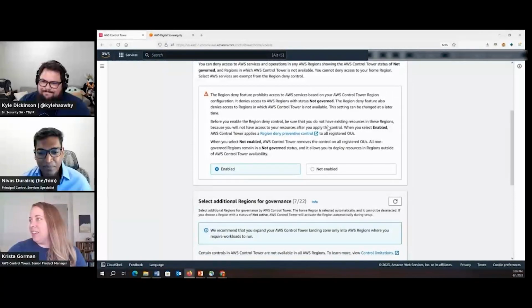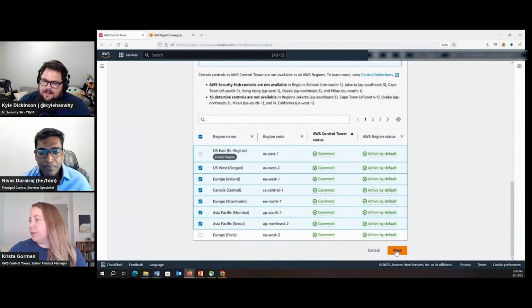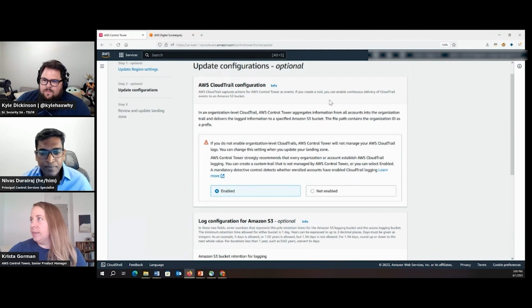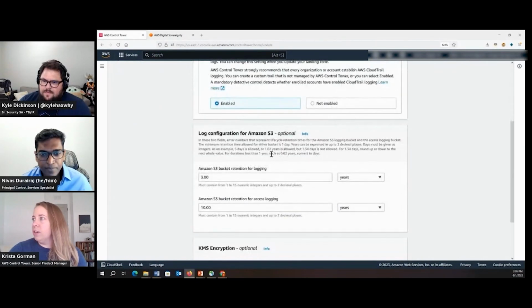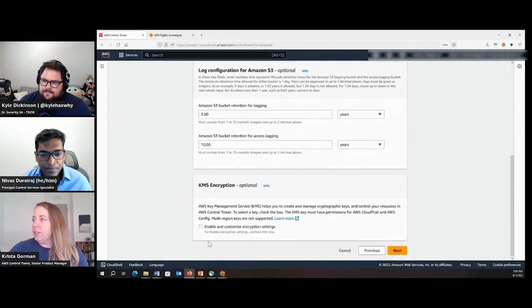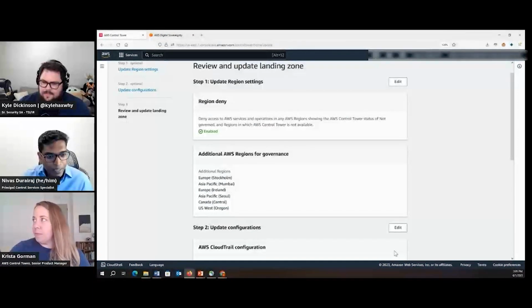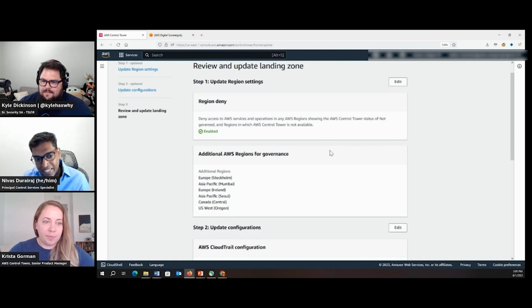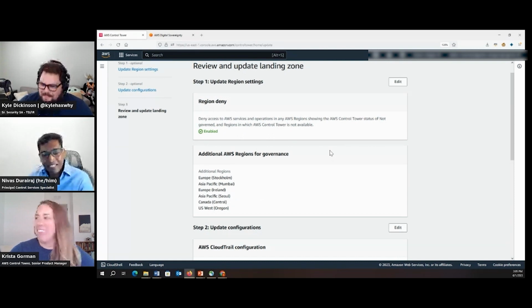That's great. And then this actually requires a landing zone update. So I'm going to hit next. It goes through some additional customizations I could do to my landing zone, such as changing my CloudTrail or my logging configuration. I also think this KMS encryption would support data residency, as we talked about. So I'm not going to do it now, but that's one I'd likely come back to enable later on. Yeah, and if you do enable the KMS encryption, make sure that you update your KMS key policy, and then it will work. Yeah. Great.